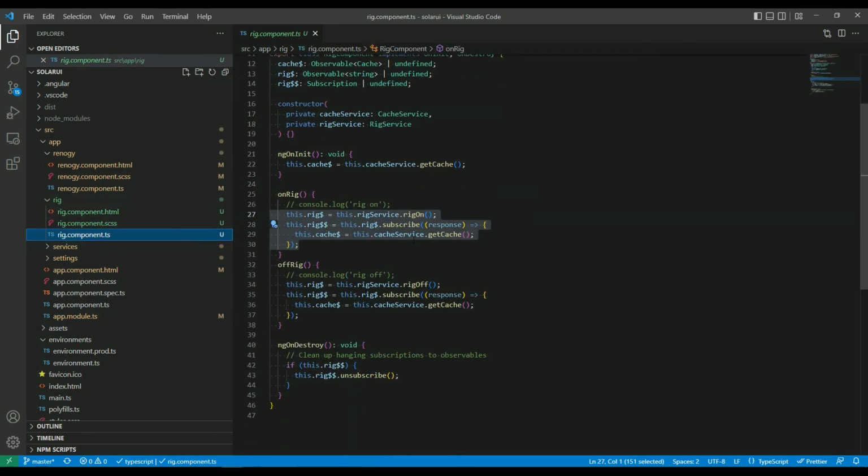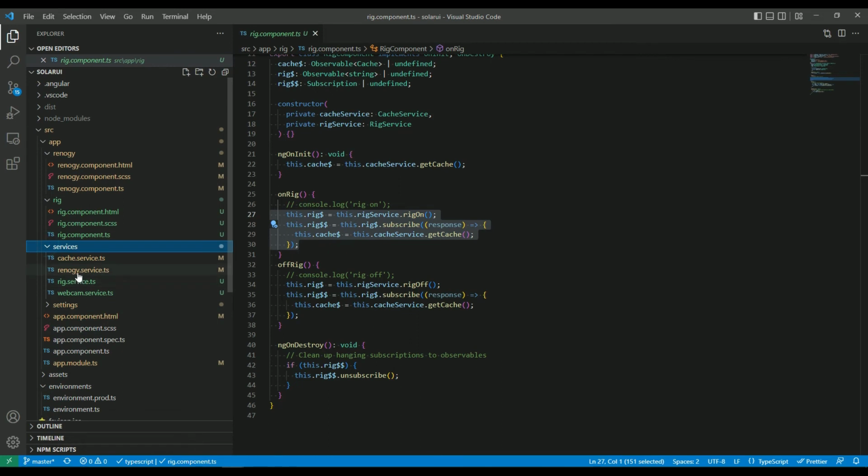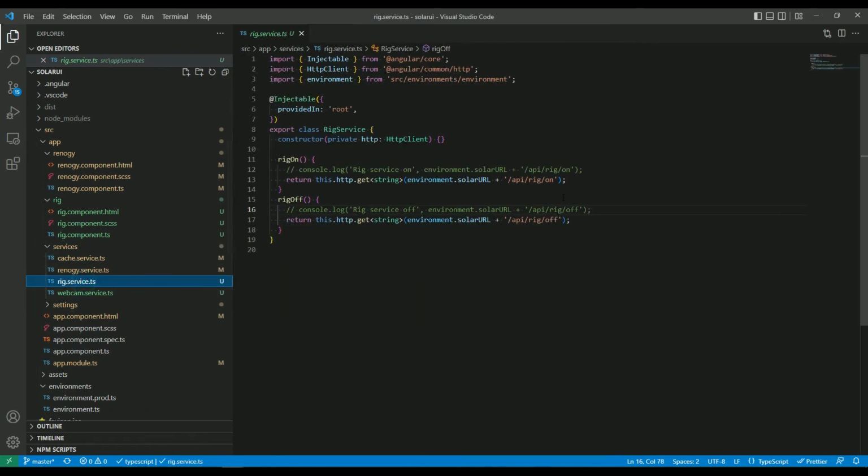And if we look at that, we see the 2 routines here, and these are just calling the rig service for either rig off or rig on. And we can have a quick look at the rig service. So under services, if we look at rig, there's the two services that actually call the web services out on the Raspberry Pi. One thing you notice here, I'm using environment to define what the URL of the Solar